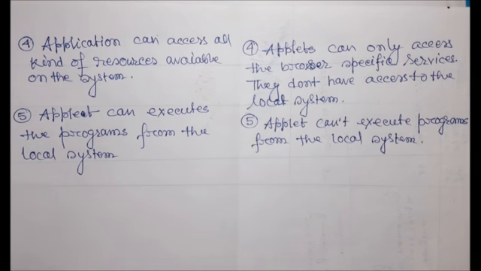And number 5, an application can execute programs on the local system. For example, by using Java we can start my database also, but an applet cannot execute programs on my local system. These are the most important differences between an applet program and an application. There are many other differences you can figure out. For example, an application program needs to perform some specific tasks, but in case of an applet we need a small piece of task or a part of it, because we know that an applet is a small, tiny Java program,